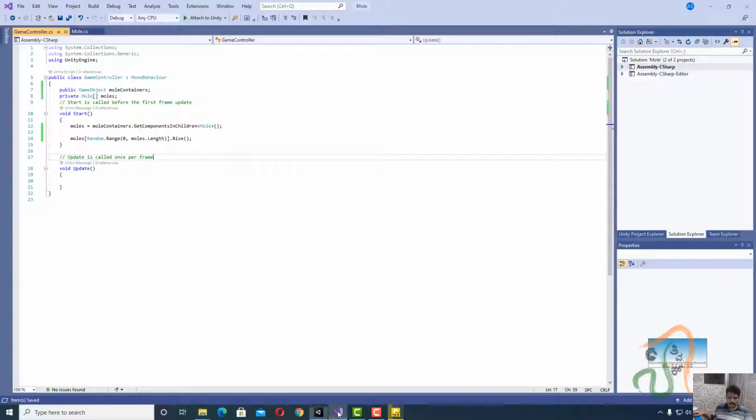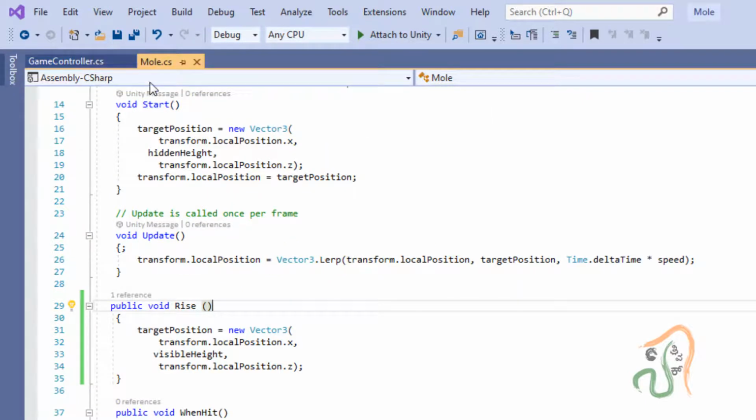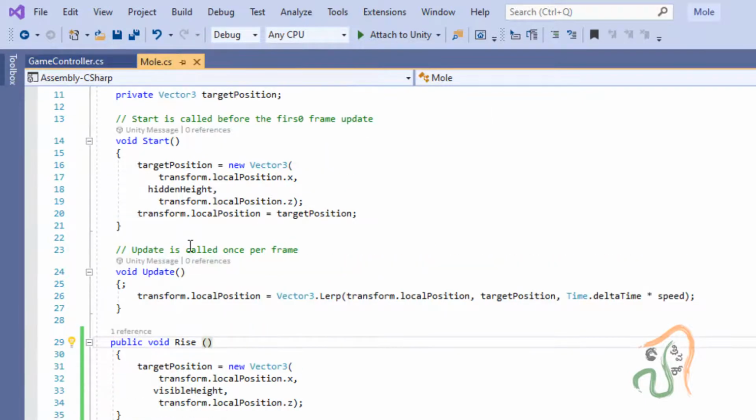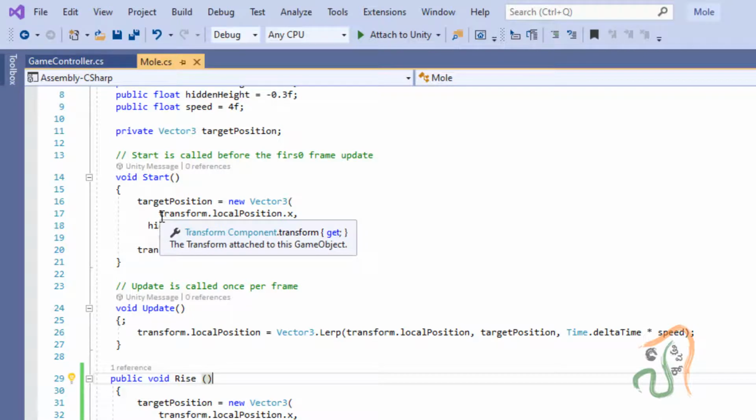Now if you come back to the script here, in game controller we have told it to rise, but in the mole script, if you come to the start part here, we are setting the target position to hidden height and we are moving it to 0. This is preceding the game controller and that's why it is not rising at all.